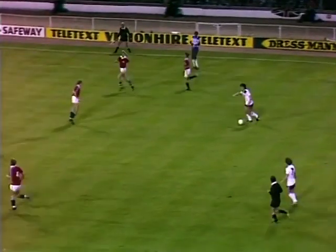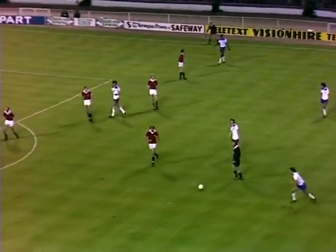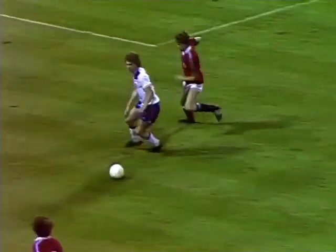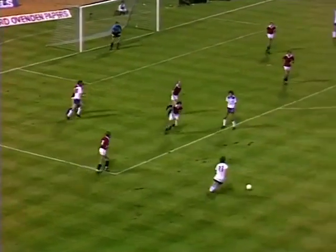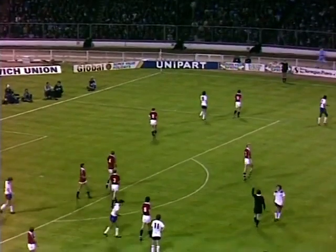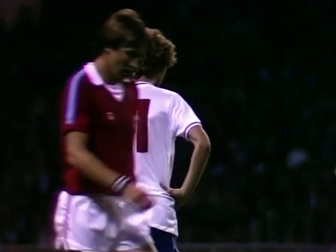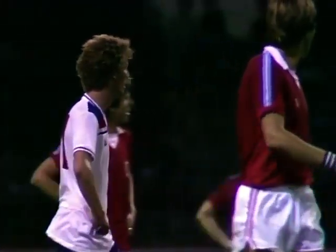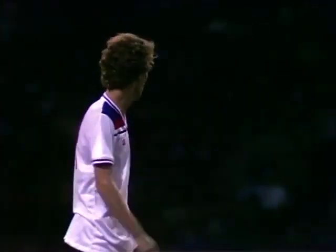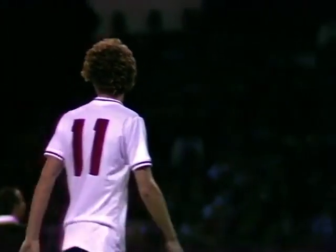Inside for Mariner. Gates to Robson. Here's Woodcock again. Played back for Rix. Oh, that was a strange ball by Rix. He's not had at all a bad first performance by England. It was a weird ball, to say the least, and Gates too has put in a lot of good work, and I think it's England's application maybe more than their fluent skills that have impressed people tonight. England